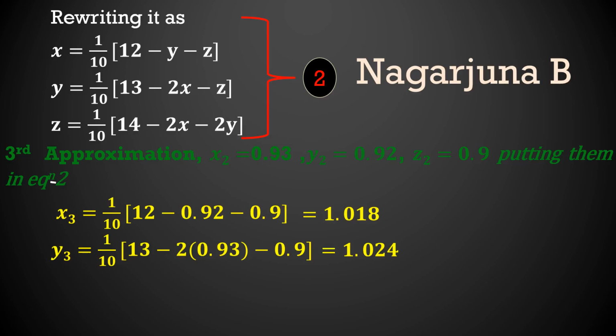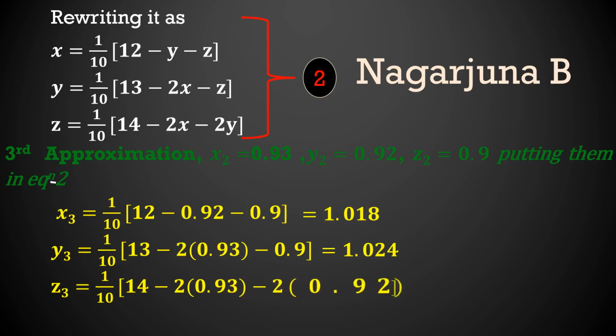Then next, consider the third equation to calculate z value, that is z is equal to 1 divided by 10 into 14 minus 2x minus 2y. Therefore we can write z3 is equal to 1 divided by 10 into 14 minus 2 into 0.93 minus 2 into 0.92, because x value is 0.93 and y value is 0.92, which we have got at the second step. And in the calculator you can write, open the bracket, 14 minus 2 within the bracket 0.93 minus 2 within the bracket 0.92, close the bracket, and then divided by 10, and that answer will be equal to